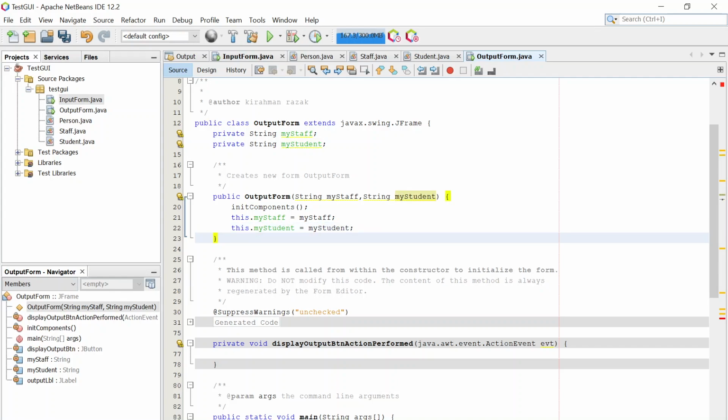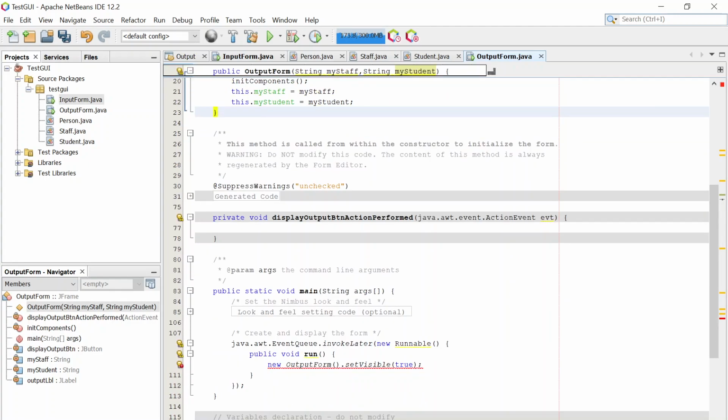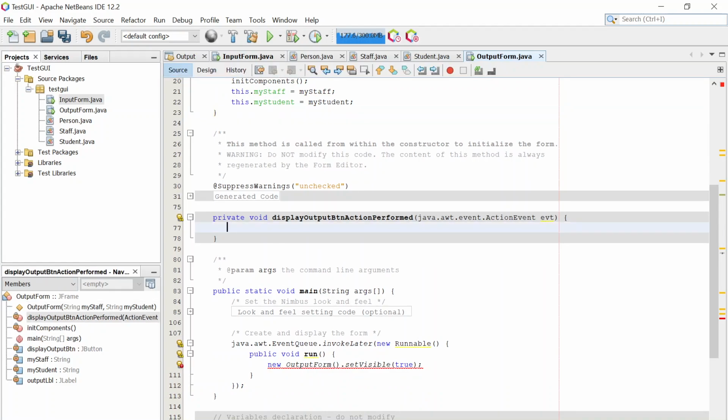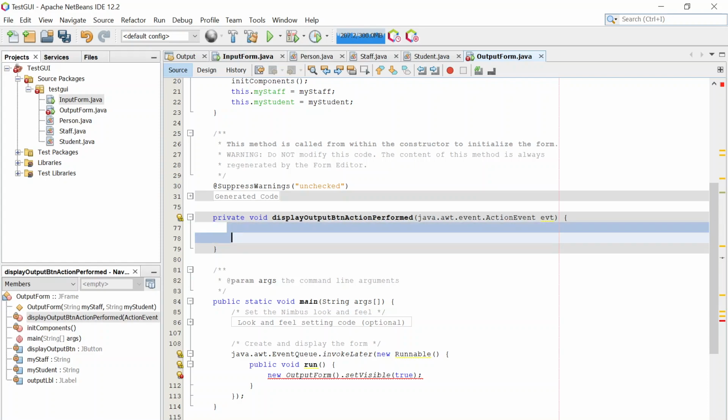So we have already set in the output form. You will notice there is an error here. Later I will solve this error. So let us do this and output button action perform. Before I code inside the display button action perform, we need to take a look into the input form